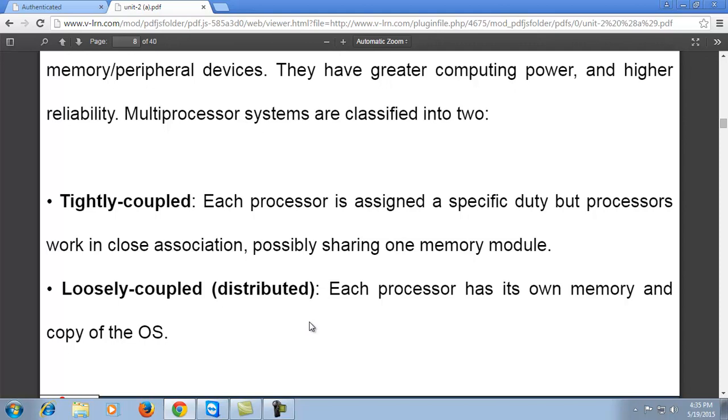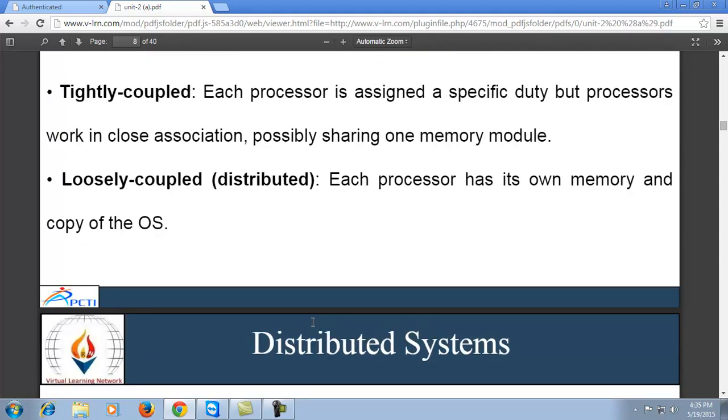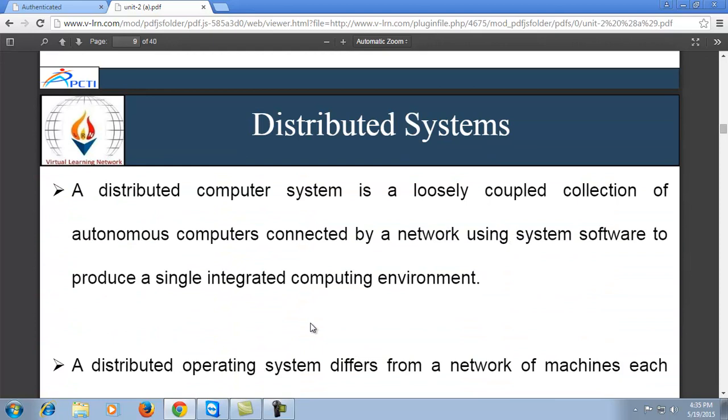By using that memory and operating system, it can do multiple tasks simultaneously in the same network, and can control the number of jobs which are executing in the system in the same way. A distributed computer system is a loosely coupled collection of autonomous computers connected by a network using system software to produce a single integrated computing environment in which it needs to complete a number of jobs which are independently working